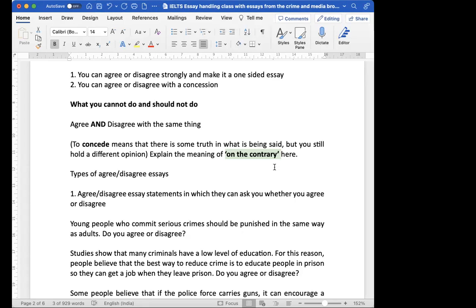So on the contrary is a very, very wrong connector for the essays, because at 90% of places it is used wrongly by my students. So my shortcut tip to you is forget on the contrary as a connector. Use the words on the other hand, where you have to give the opposite side. However, where you have to give the opposite side. So easy, so simple. You have two ways to say it, right?